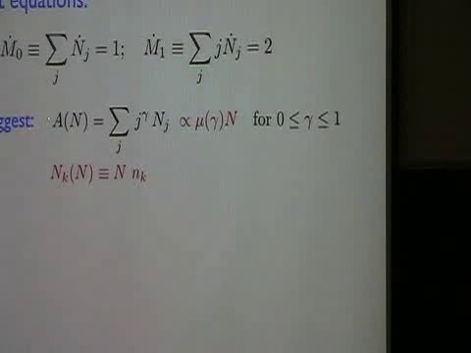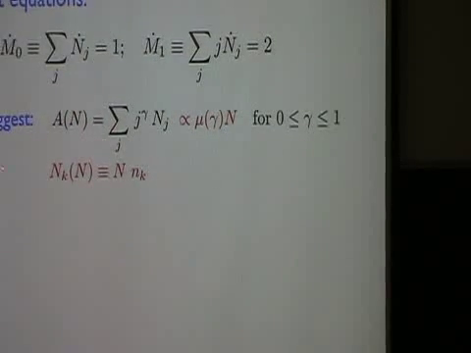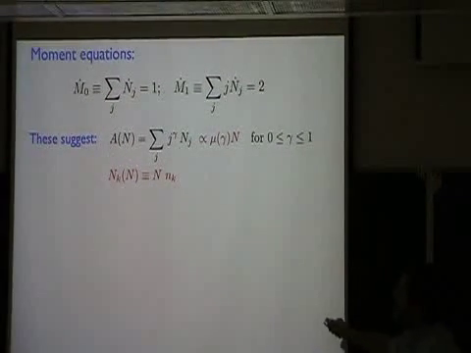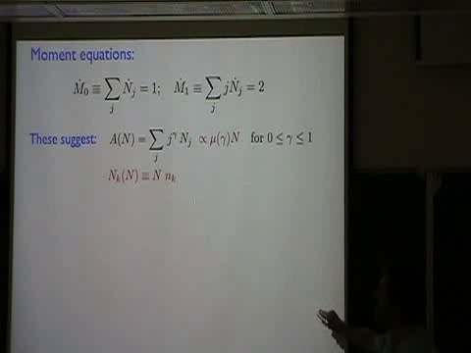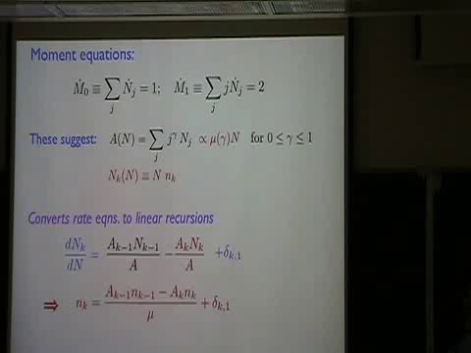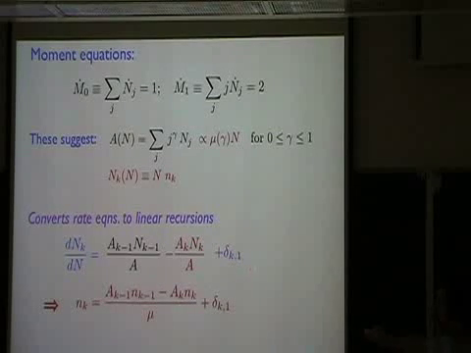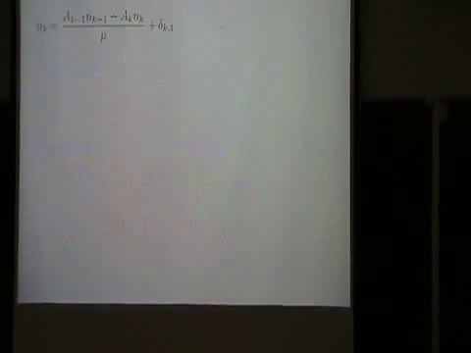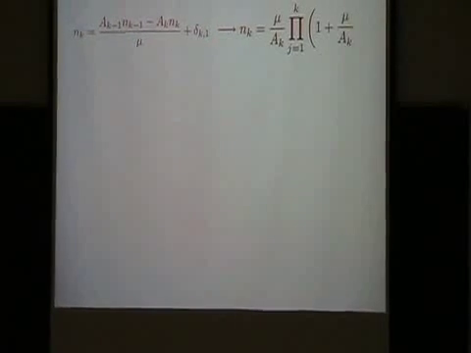So we now make the ansatz that the total rate is linear in n. Let's also make the ansatz, we've already seen for the random recursive tree, that the degree distribution is equal to the total number of nodes times the fraction of nodes of degree n. So if you just take that ansatz and plug this into the master equations, it will convert this differential equation into a simple recursion formula. And again, this is high school algebra to solve because it's just a simple first-order recursion formula. And if you do that recursion, here is the formal solution.